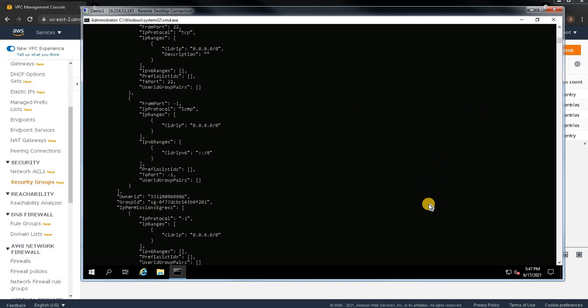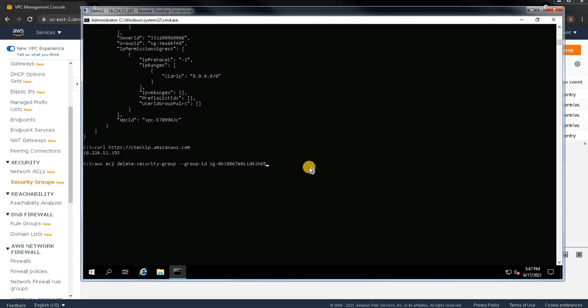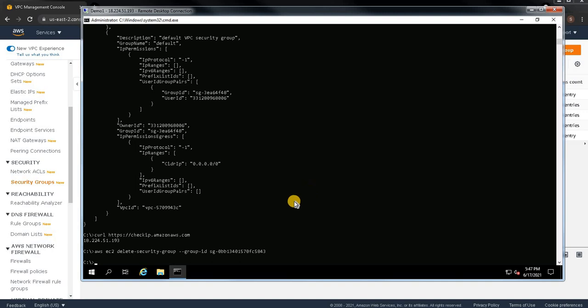And just add your ID here. So our command will be AWS EC2 delete-security-group, group ID, and the security group ID. Just hit enter. Okay, so our security group is deleted.